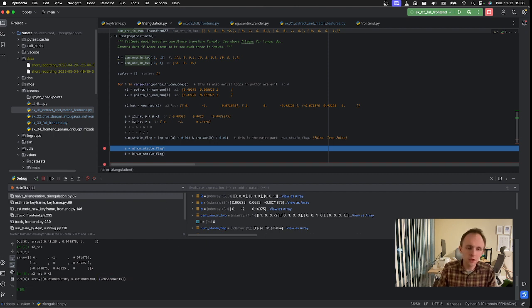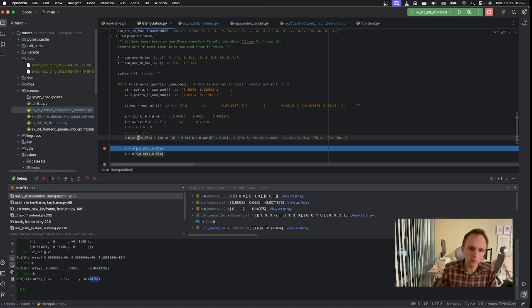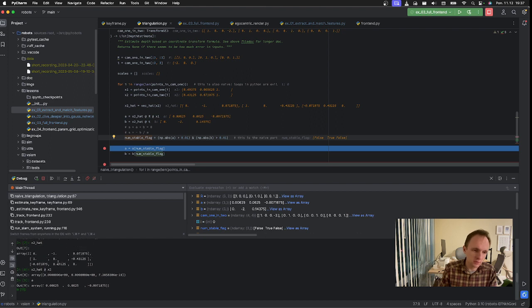And then we have to make sure a and b are equal. So a is this, b is this. So this really should be 0. And then we try to divide those, right? So we see, okay, is this numerically stable? This is numerically stable. This is numerically stable. This is not really, right? So the numerically stable flag only has this. And if you notice, right? So about what we were talking about,